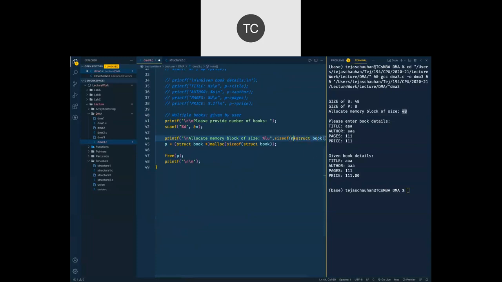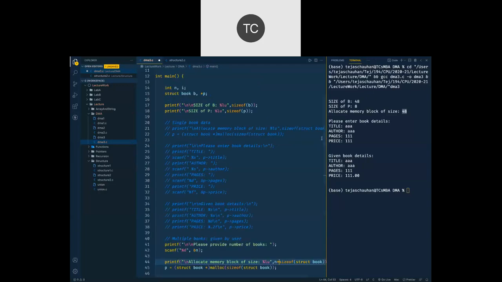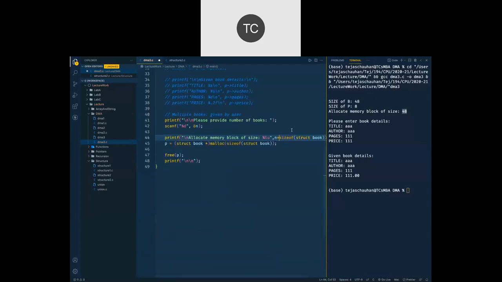Oh, sorry, not here. Number of books multiplied by size of your structure. So n multiplied by size of your structure book. This much amount of memory you are going to allocate. So let's allocate that thing using malloc. N multiplied by size of structure.